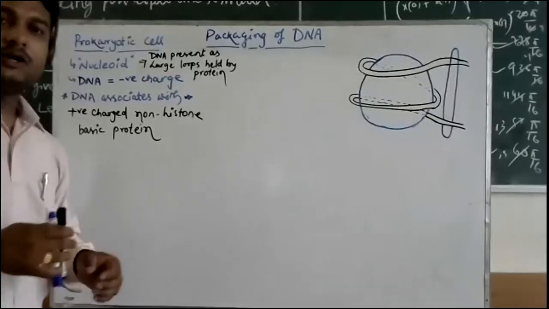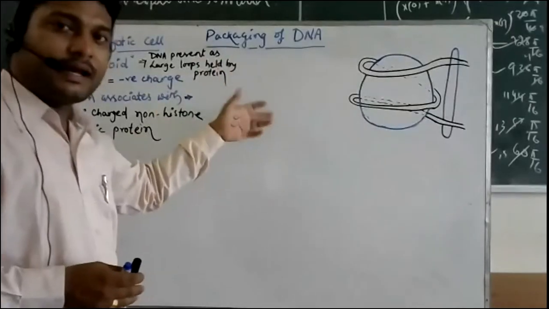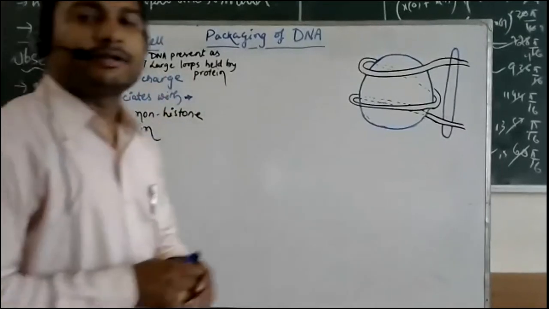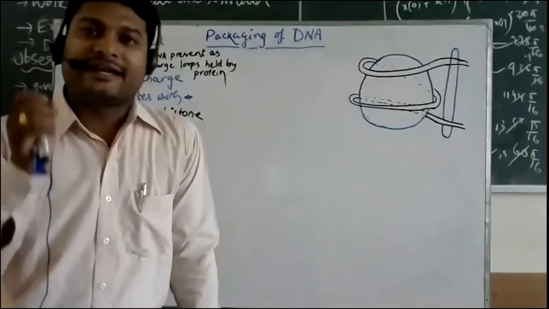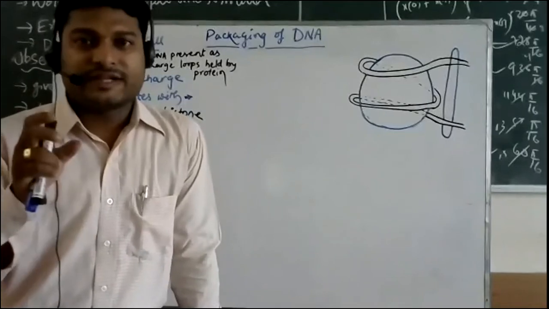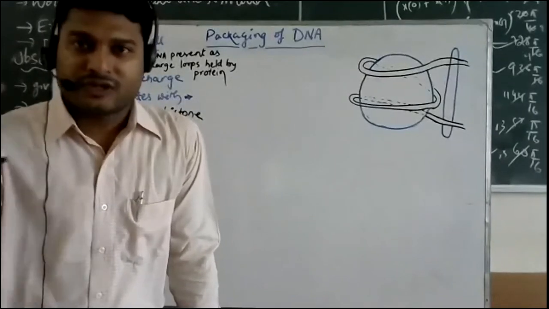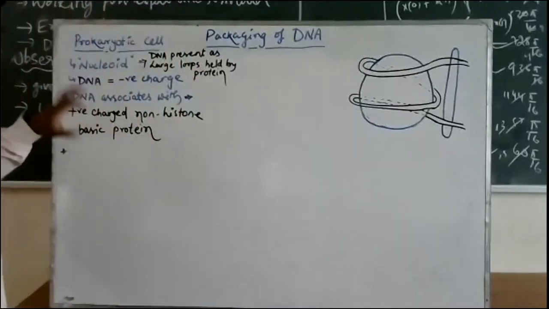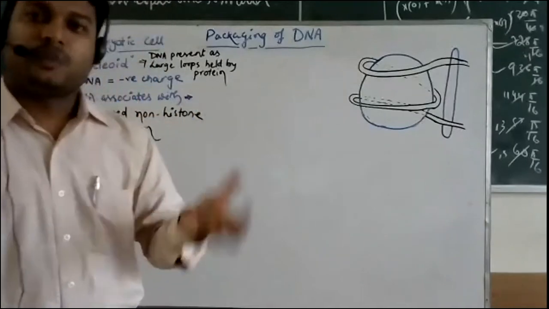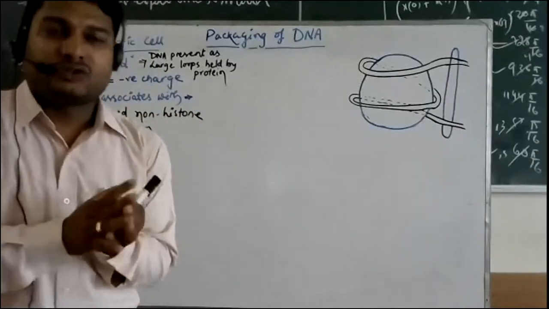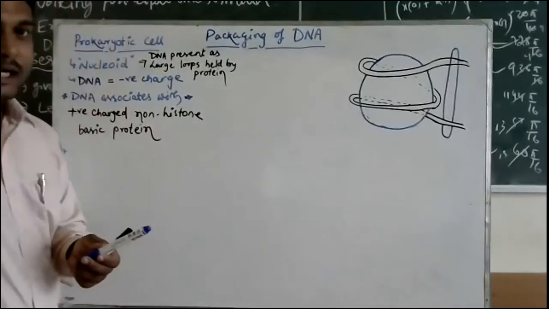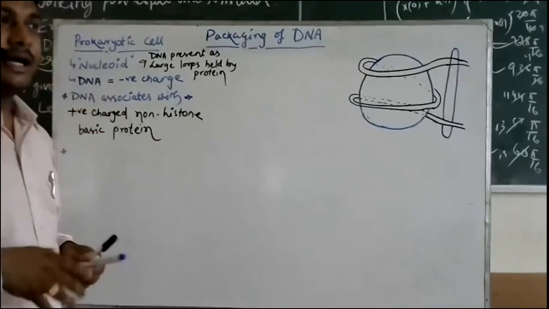Okay. So we had learned about the packaging of DNA, and we had started with the basics and that of the prokaryotic cell. But before going into that, we had learned that the DNA has an overall negative charge, and that is because of the phosphoric acid group, or H3PO4 group, the phosphate moiety that we have. And because of that, any protein that is positively charged can associate with this negatively charged DNA.